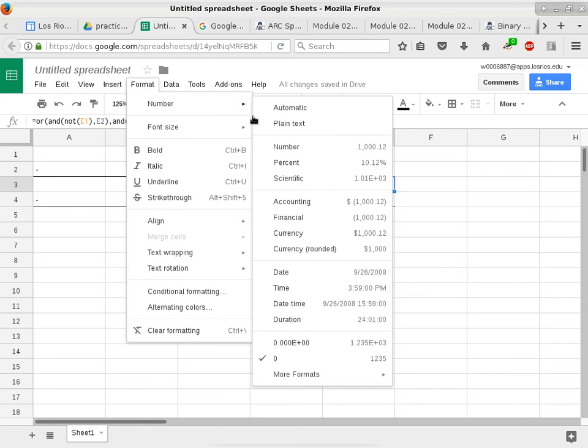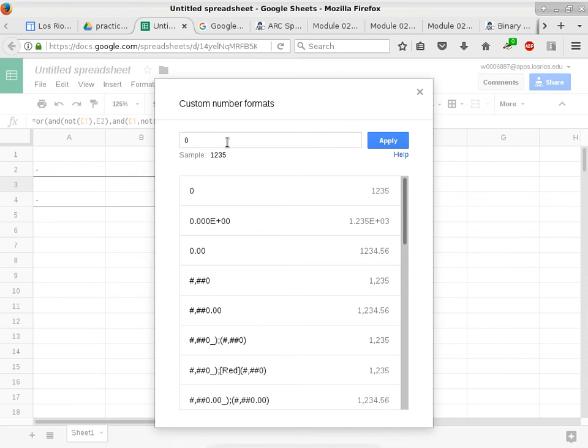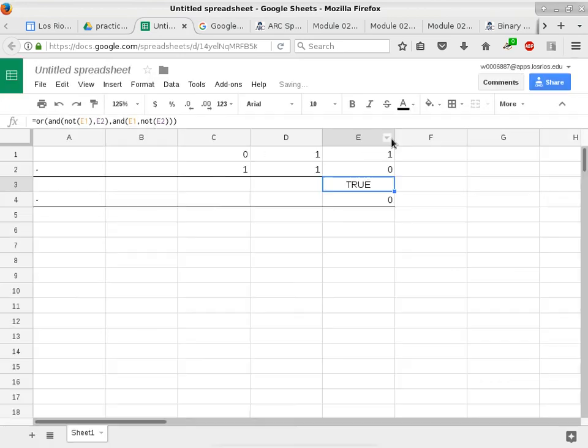Say that one more time. Maybe number. Yeah, let's try more formats. Custom number format, and we just want it to be 0. Apply. Nope, doesn't like that. Well,